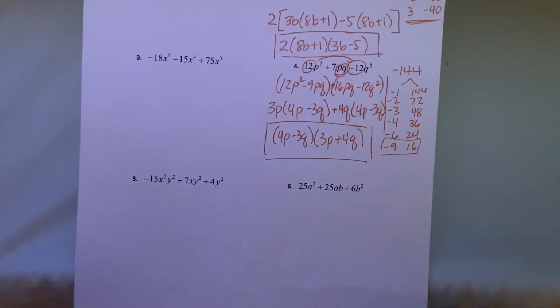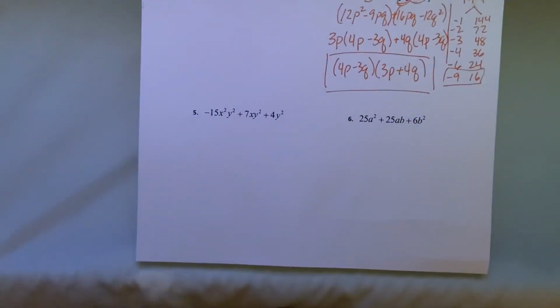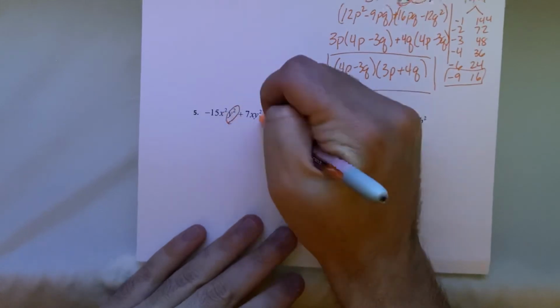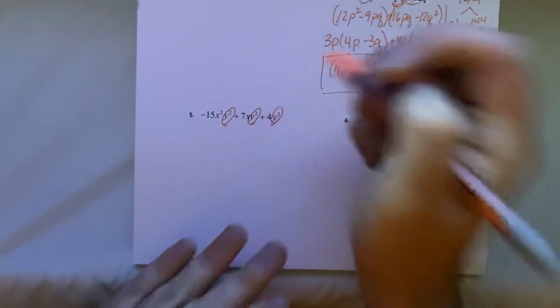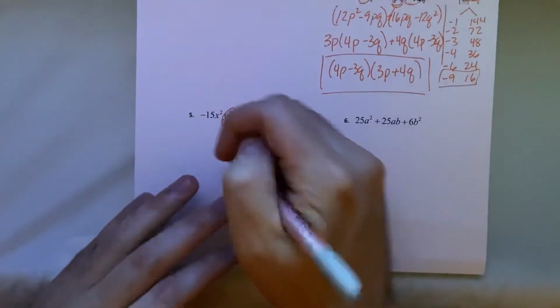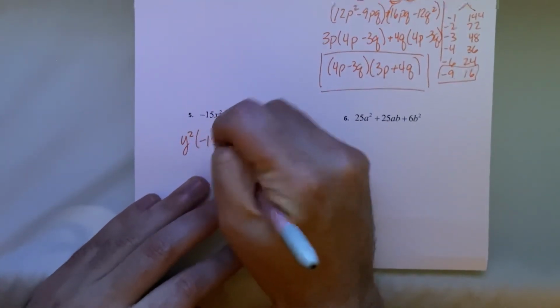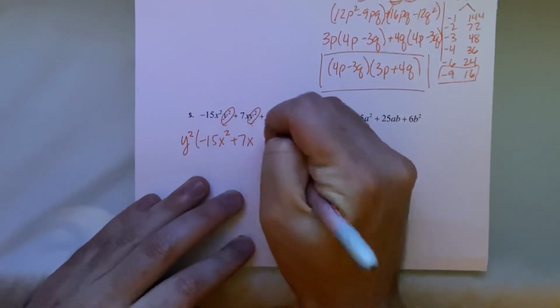Okay, let's do one more. Let's do number 5. Negative 15x squared y squared plus 7xy squared plus 4y squared. Okay, so common factor. You see two variables and both squared. It's a little concerning, but it could be manageable depending on what's happening. But they all have a y squared. So if we factor the y squared out, all of a sudden we have a much more manageable